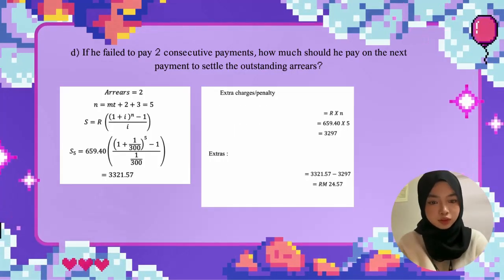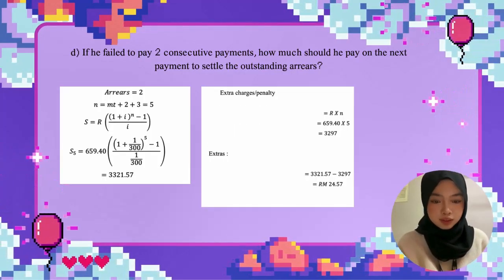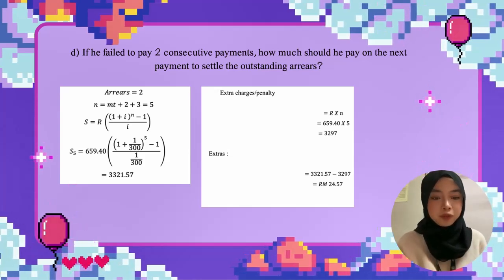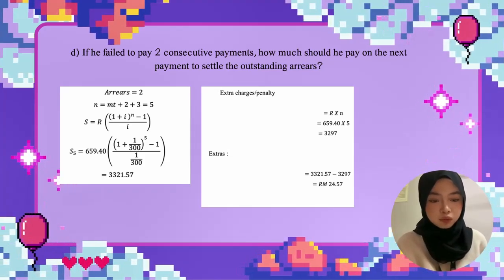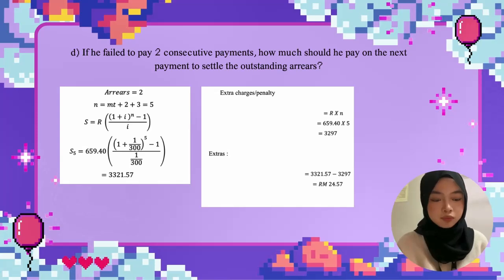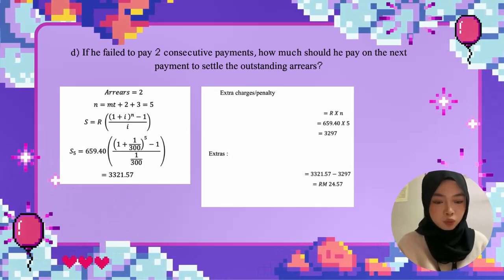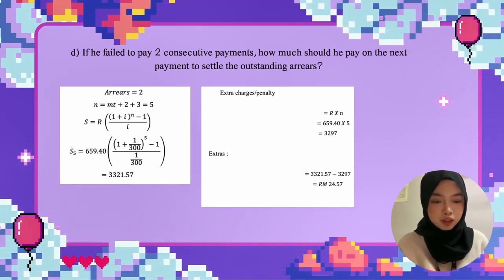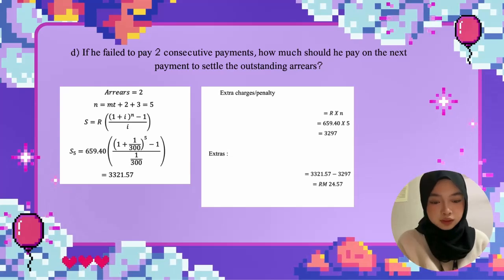The next question is 2D. S equal to 659.40, open bracket and open bracket again, 1 plus 1 per 300, close bracket, power of 5 minus 1 per 1 per 300 and close the bracket. The answer is